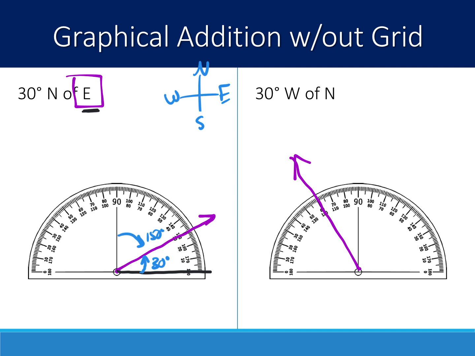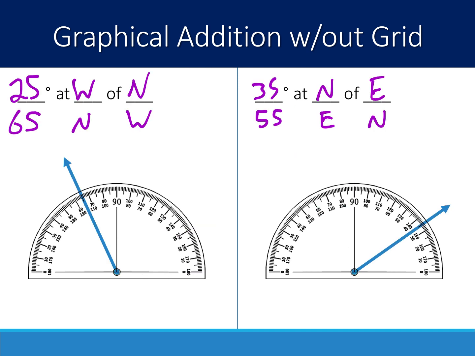All right, let's look at this example over here. All right, so once again, it says west of north. So you guessed it, north becomes my reference line. So I'm just going to sketch that in. And I'm going west of that, so I would start at north and go to the west, and I'm going 30 degrees west of that line. Okay, that's really all that those indications mean for direction,